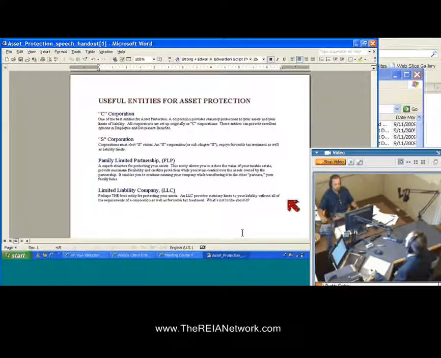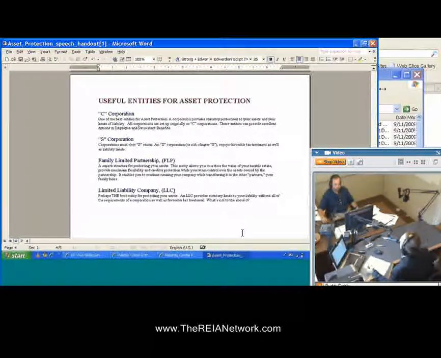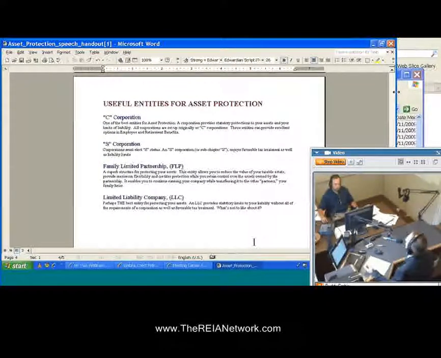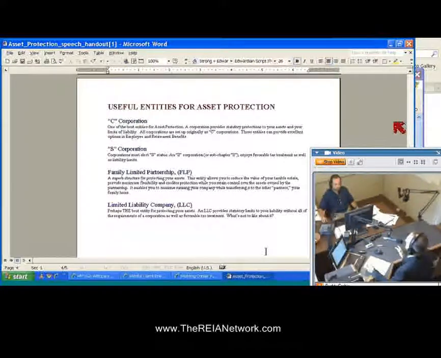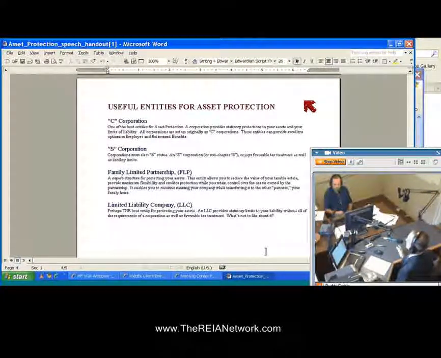Now, there are a couple of different types of corporations, well, at least three. One of them is a nonprofit, which we won't necessarily deal with, although that's quite useful for people who have attained great means, and down the road they want to attempt to pass income and assets on to their heirs. You can do that through nonprofits and foundations. That's a nice thing for families to do that have major means.